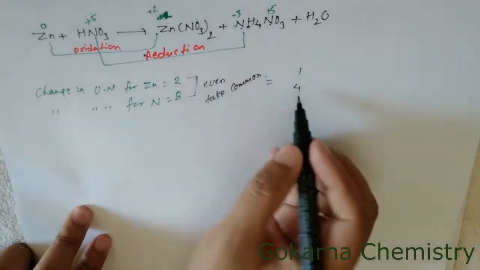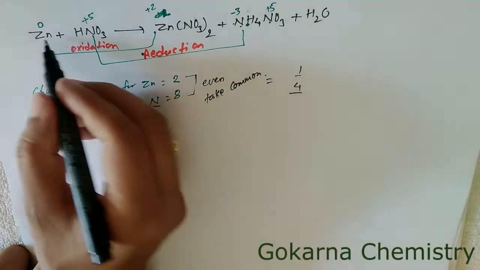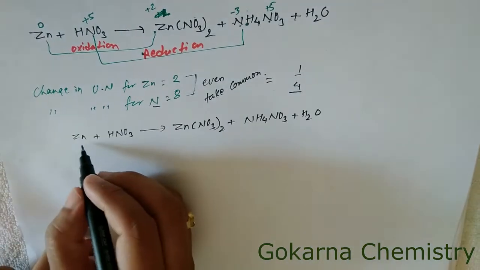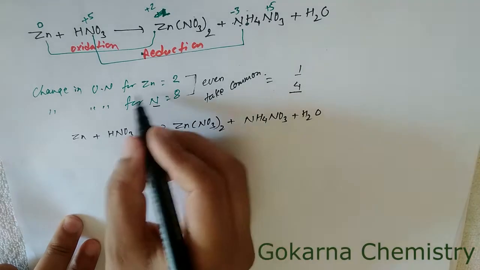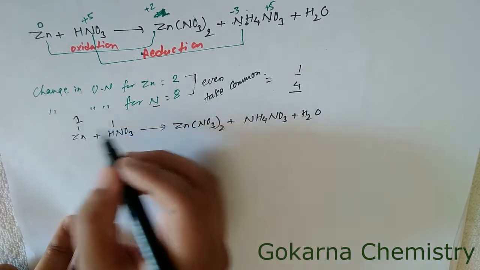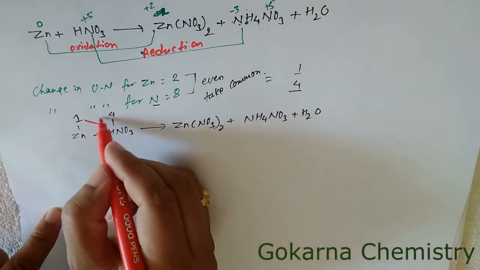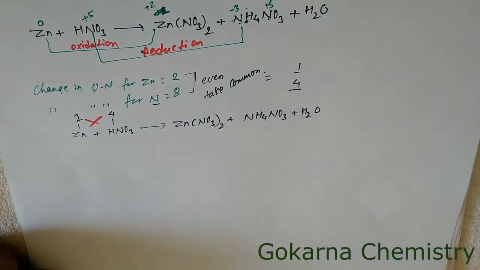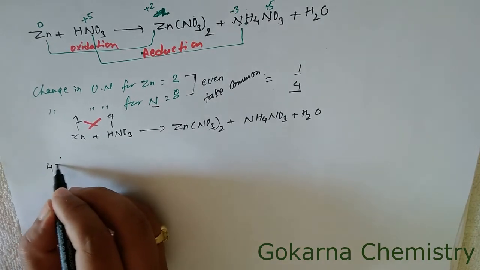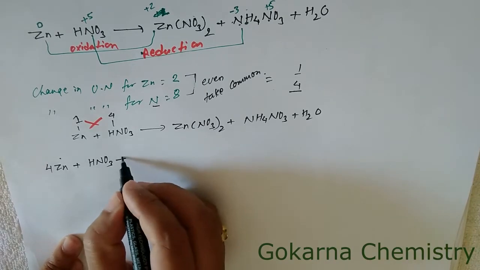Now crisscross: 4 for nitrogen and 1 for zinc. After crisscross, zinc has oxidation number change 1, and for HNO3 there is 4. So we get 4 Zn plus 1 HNO3 plus